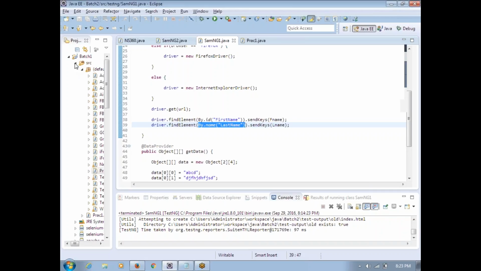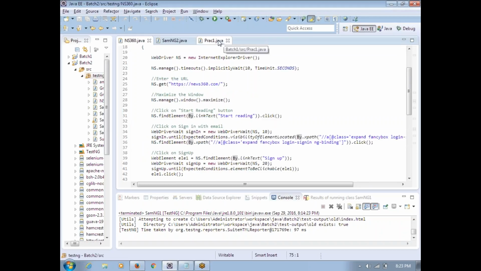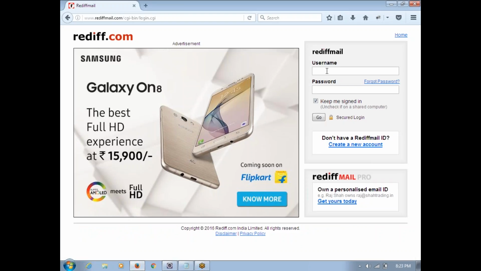Okay, we'll finish this topic and we'll go with, so now I am not going to use any of our scripts. So we go with Rediff. Okay, because we are working only on Gmail, Facebook, all these things. So now we'll go with the, okay. So what I do is,